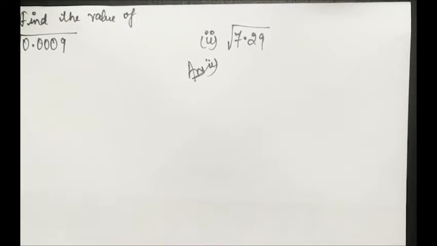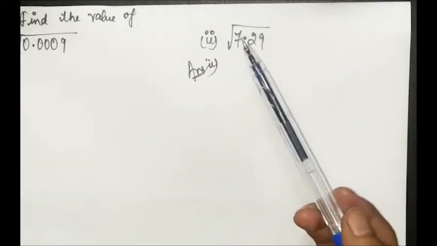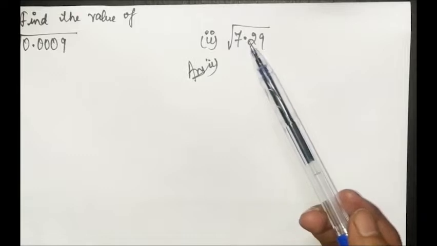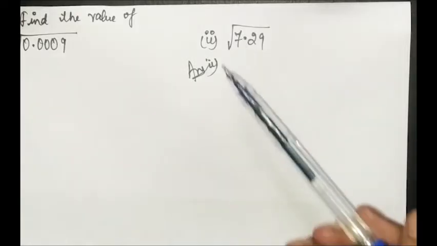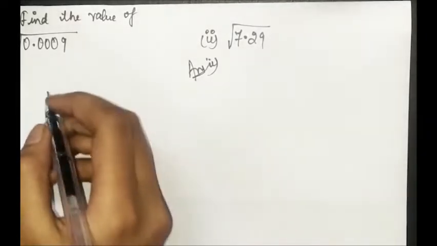You all know how to do long division. Here also we just have to do long division only, but there are terms of 0, and there you have to write the smaller square root than 7. You all know that 2 2s are 4. So let's begin with the first part only.